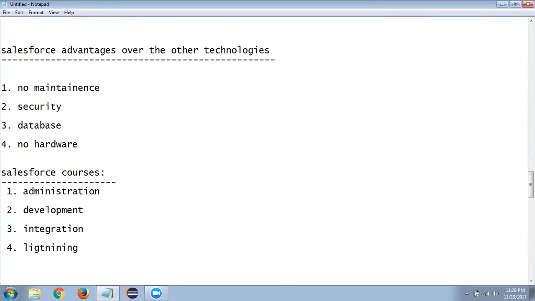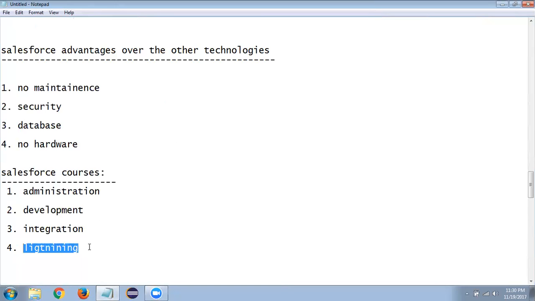When it comes to integration, when you want to integrate your data with some other application, then we go for integration by using SOAP and RESTful web services. We can do all these things. And when it comes to Lightning, nowadays applications need to be very attractive, so you need to develop them in an attractive manner. We have many frameworks internally, and Salesforce uses Aura as one of the frameworks. This is all about developing applications very effectively and attractively. At that time, we use this Lightning concept, and we should learn Salesforce Lightning components and all these things.